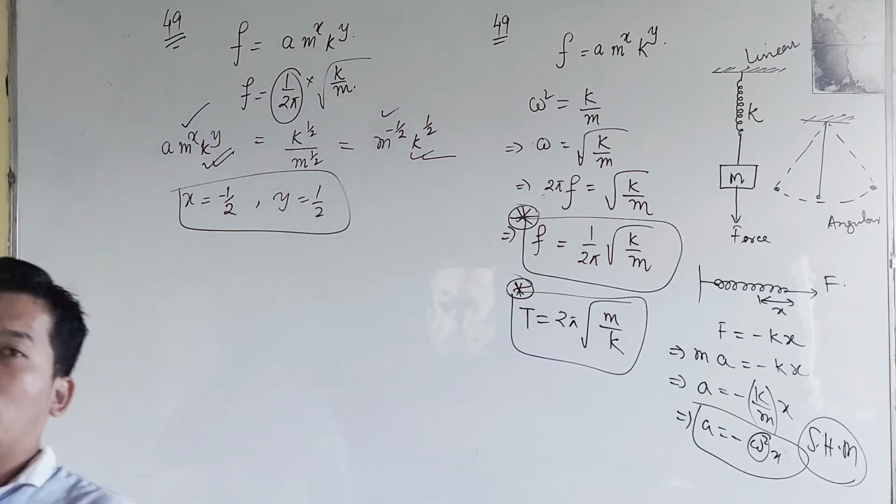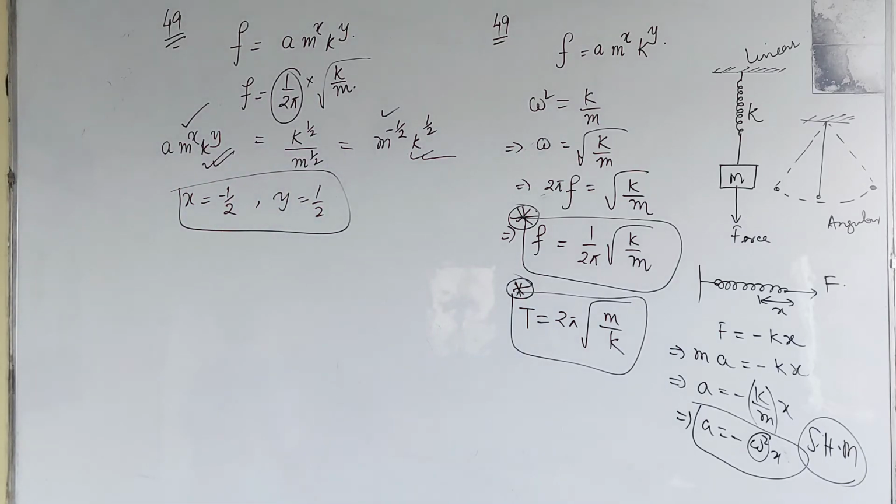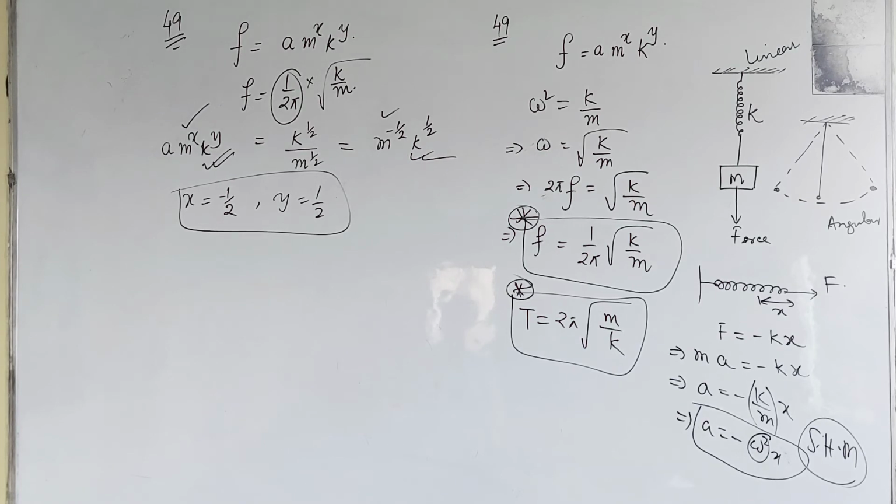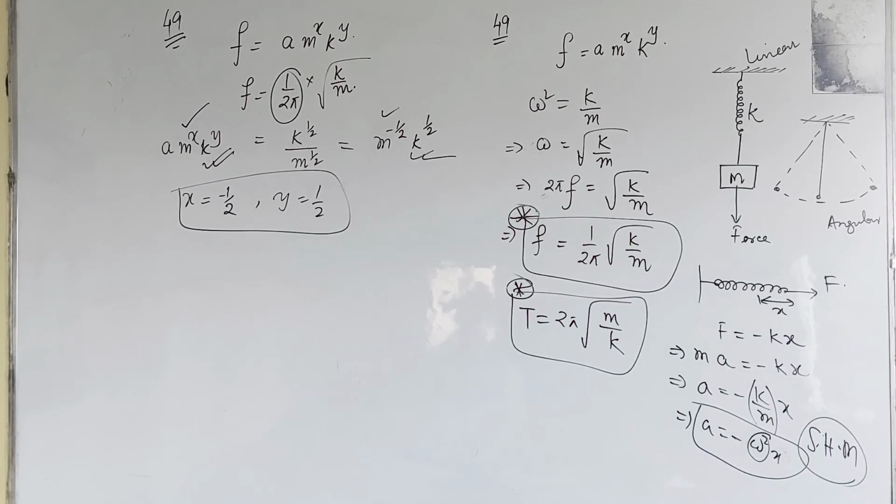If you know the equation or the formula, then you just write the formula and equate the powers. The power of the physical quantity m is x, and in the actual formula the power of m is minus half. So minus half is the option. This is the simplest way, if you know the formula by heart. Let us go through the conventional method.